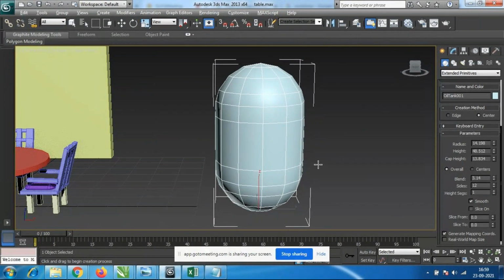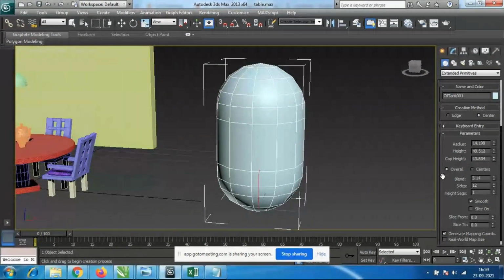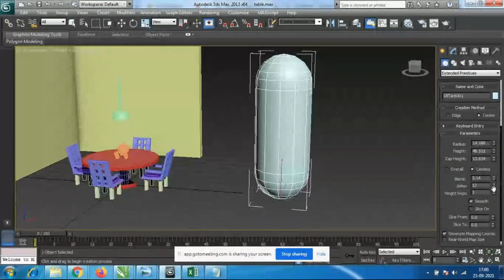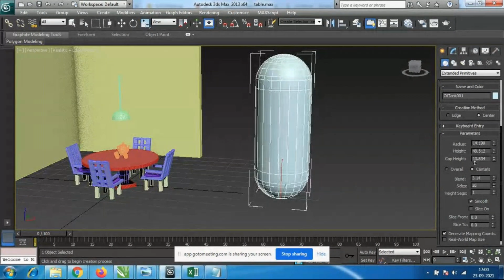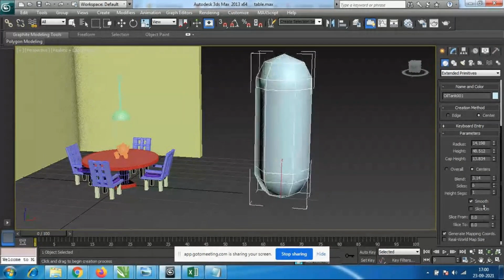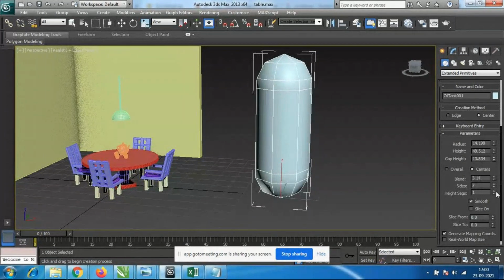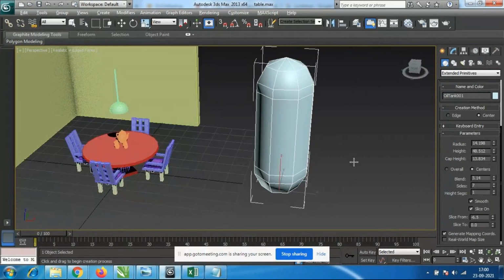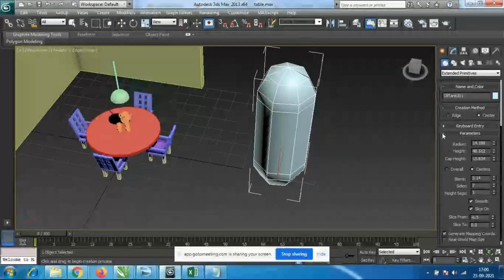Yeah, so here center, again sides, we can reduce the sides of this, so it will become like this, and height segments. Again the slice option is there, if you want half of the shape we will get it. Okay, that is the use of this oil tank.